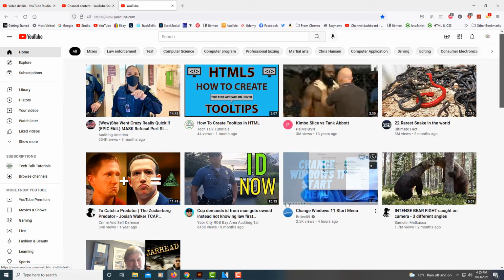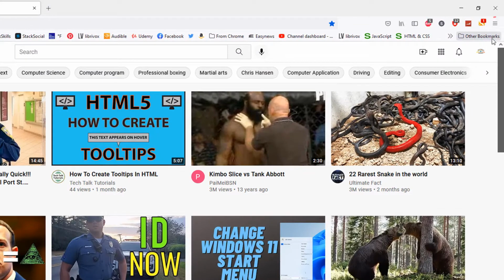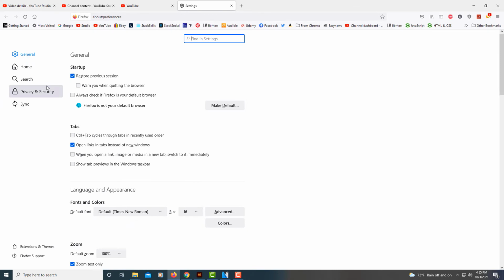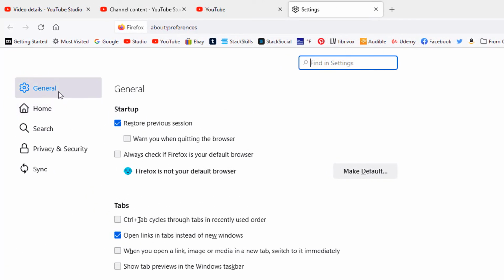To make Firefox your default web browser, all you've got to do is go up to the hamburger menu in the upper right hand corner, select that, go down to where it says Settings and select that. In the pane off to the left hand side, make sure that you're under the General tab, and then under Startup you can see over to the side here it says Make Default. All you've got to do is click on that,